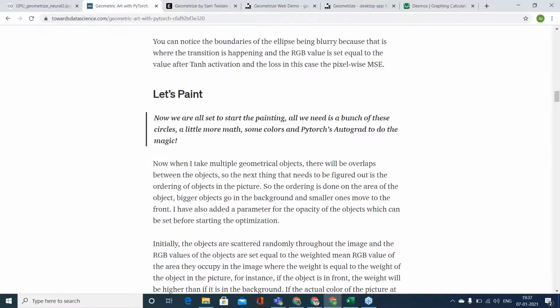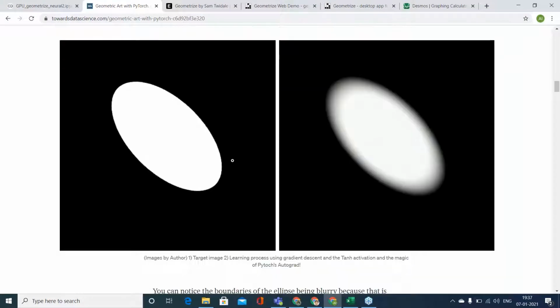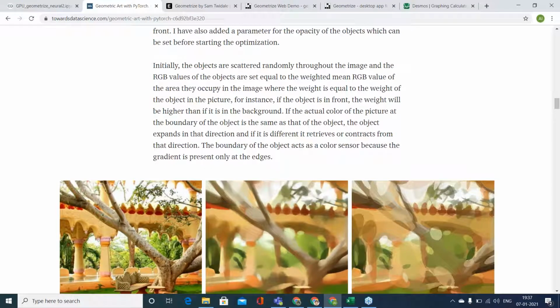If you have understood till this point, we are using just one shape and making this ellipse. Now, for example, we want to make this image, so I'm using 500 ellipses.